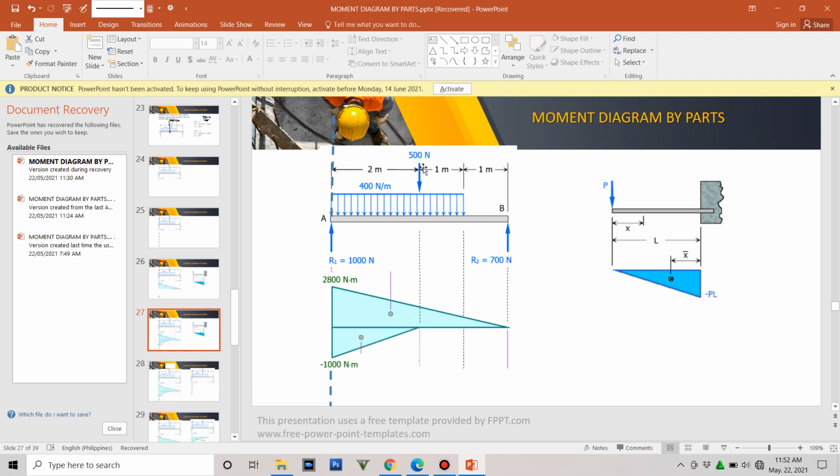So next, yung 500 naman, 500 times 2, that is equal to negative 1,000 because this is going downward. So that is a negative triangle. So ito naman, this one,